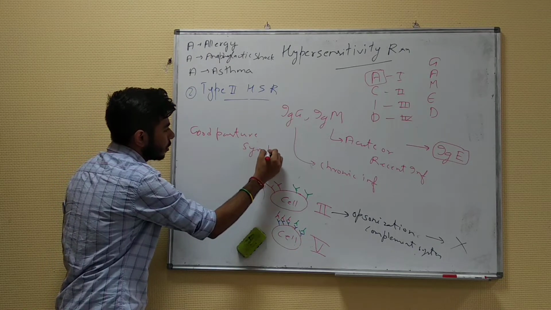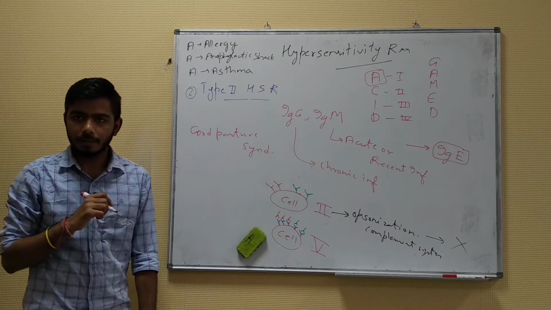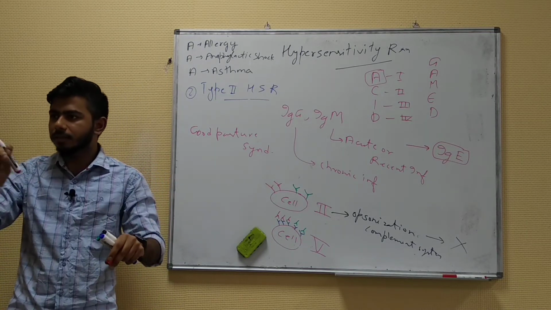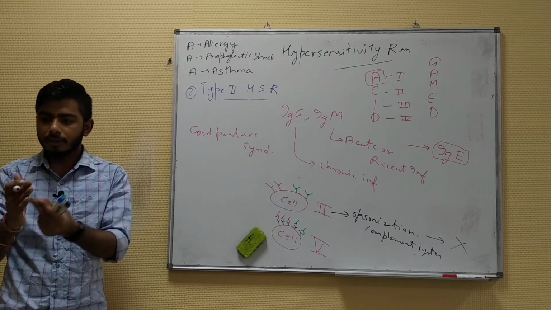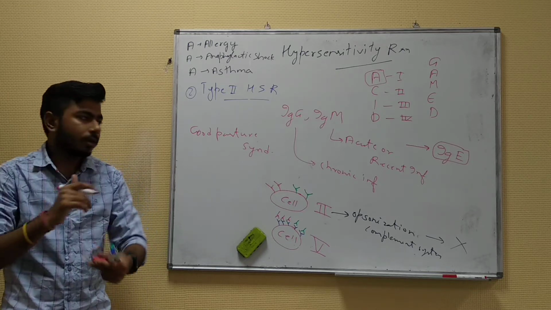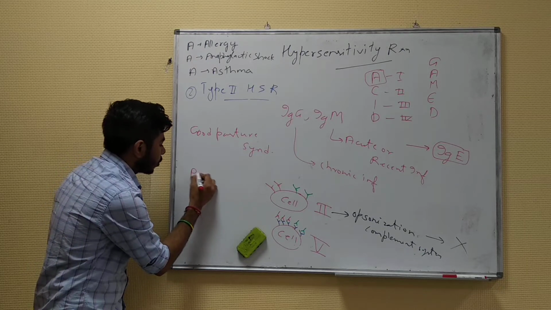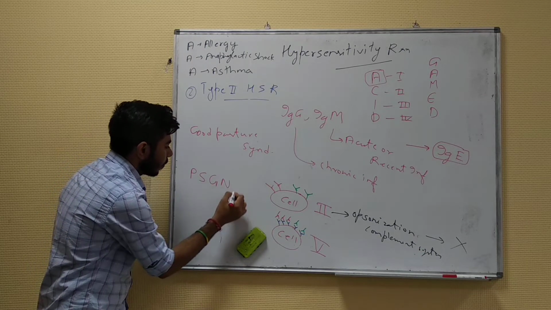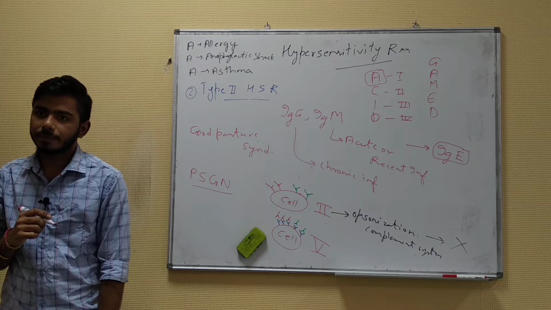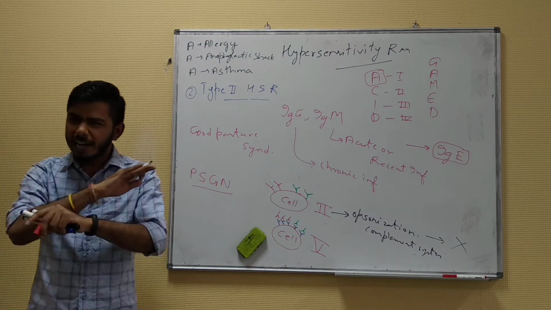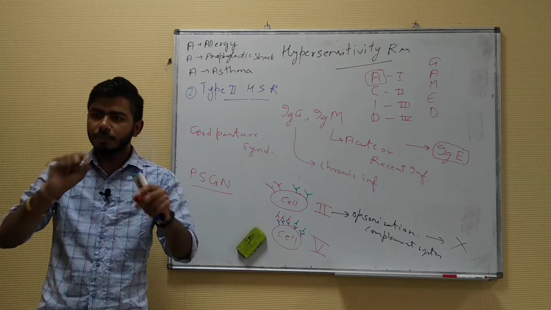Goodpasture syndrome is an example of type 2 hypersensitivity. Here the pattern will be smooth in the immunofluorescence findings. Then in type 3, there is an example, for example, post-streptococcal glomerulonephritis, PSGN. There you have the lumpy bumpy appearance, a kind of irregular fashion. The immunocomplex